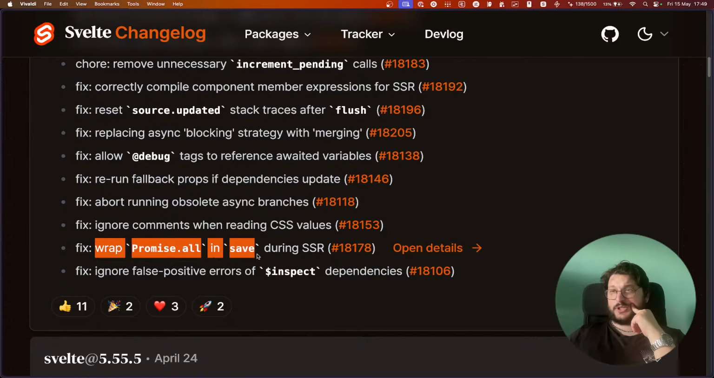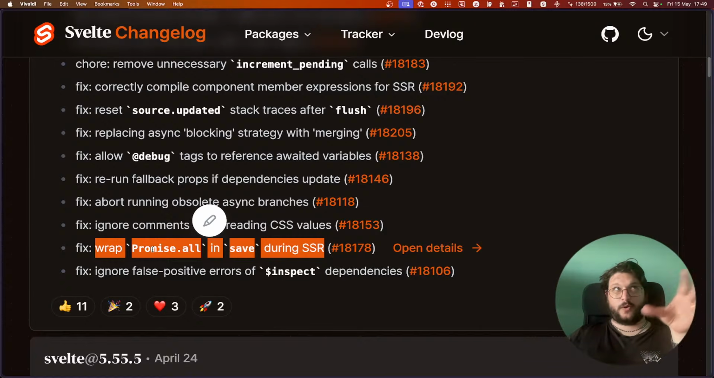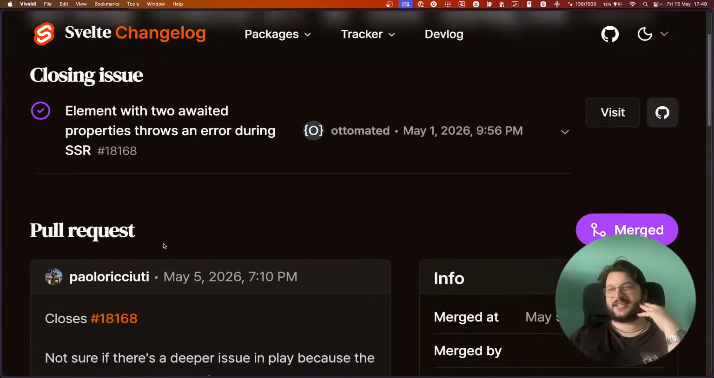Wrap promise.all in save during SSR. So this was just basically when you were destructuring an array, and that array was an array of a derived. I mean, let me show you. I actually fixed this, but